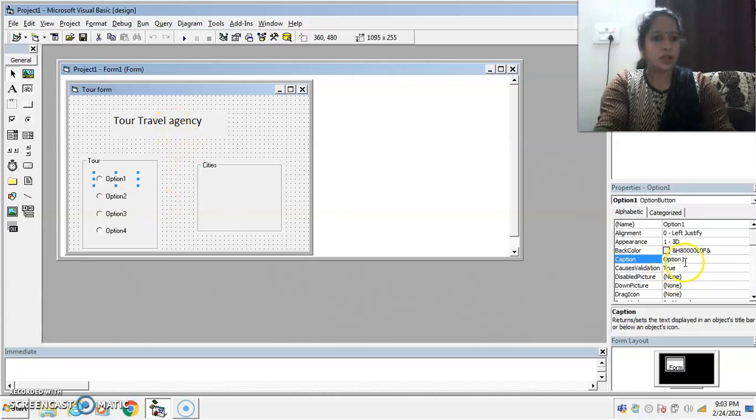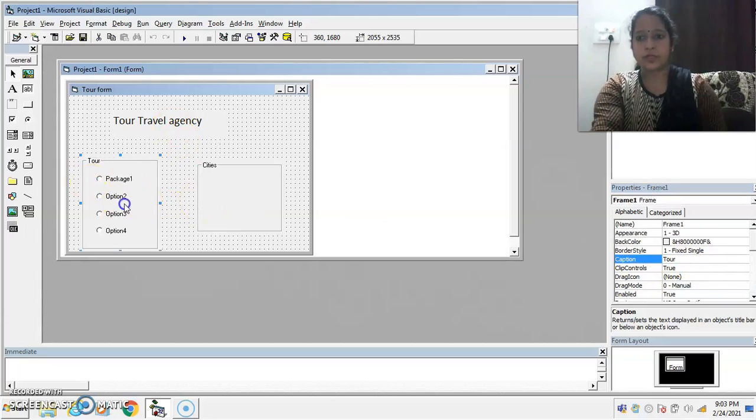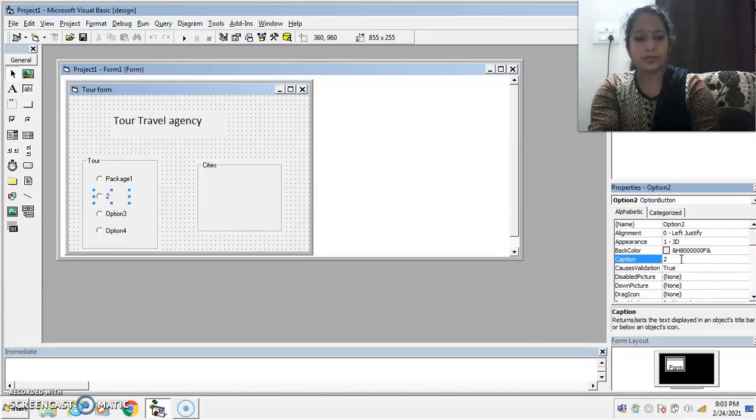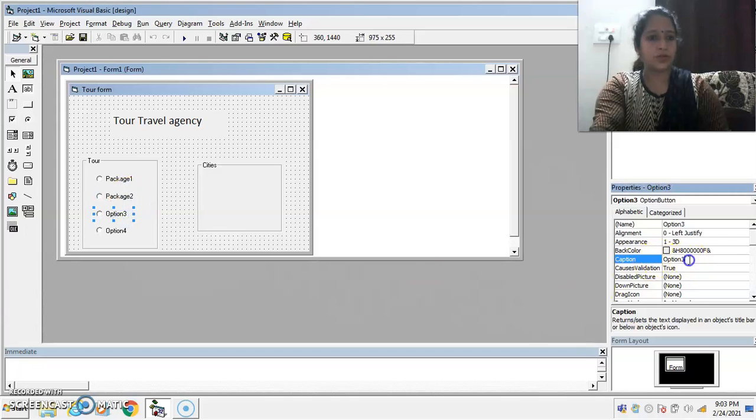Now change the caption of first option button to package 1, second option button to package 2, third option button to package 3, and caption of last option button to package 4.